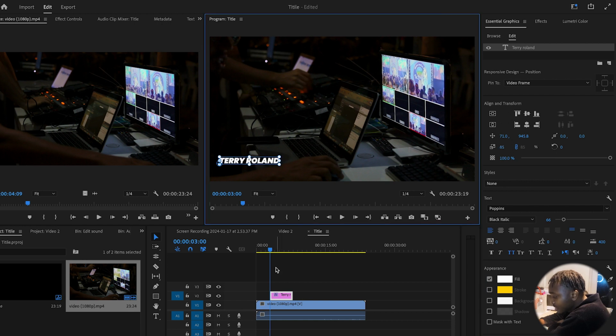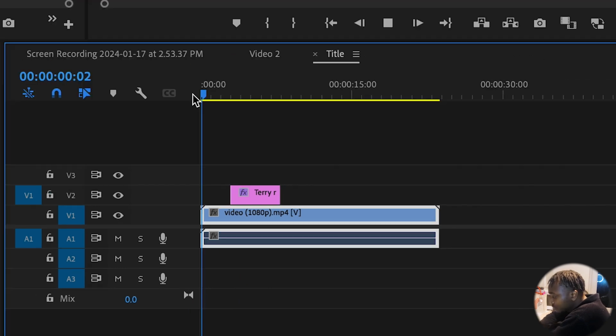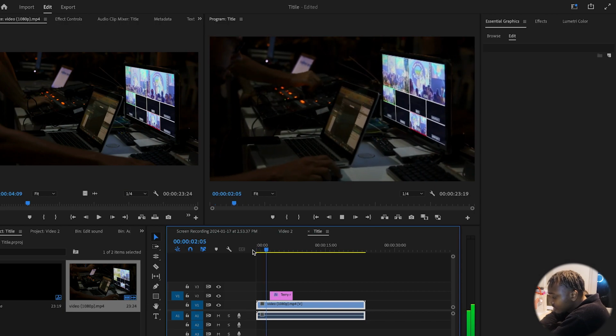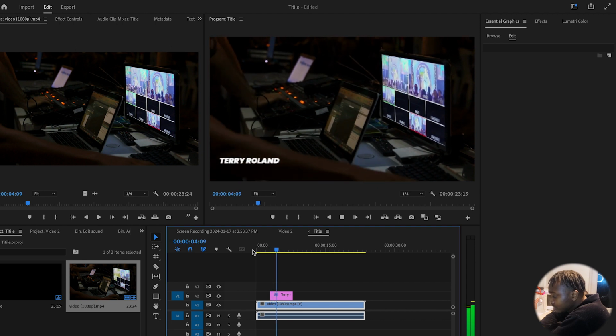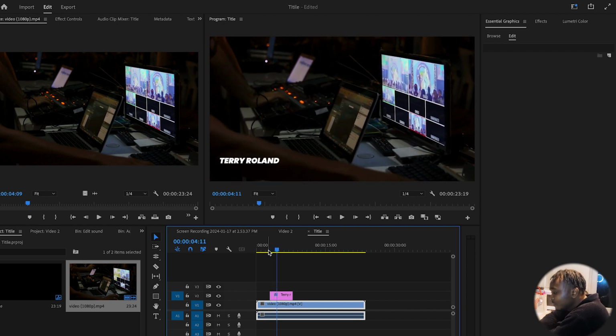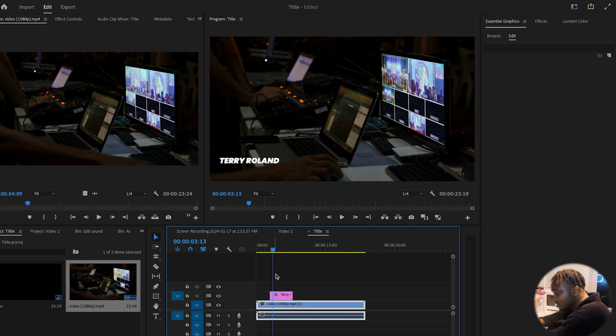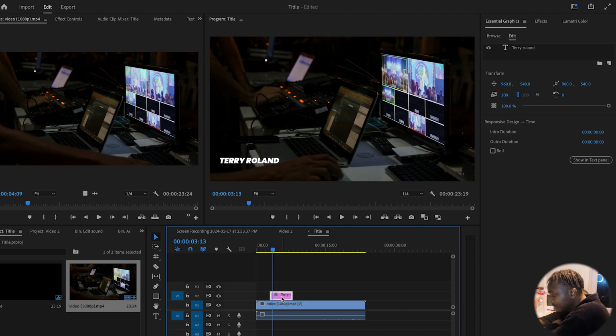You can see in the timeline our title is being added here. So if you play through with your spacebar, the name just pops up. Yeah, you've added the title, it just comes up. But there's no feel to it. So if you want to add some feel to it, you click on it,